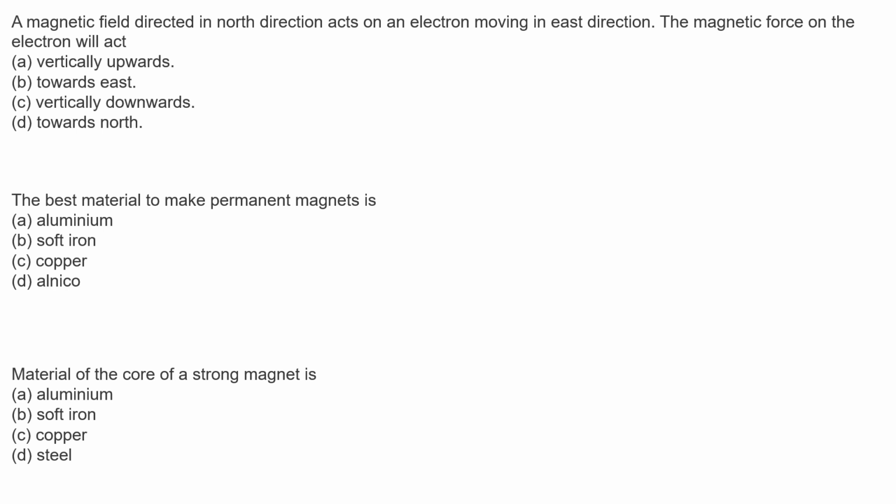So the magnetic force formula is the force F equals Q times V cross B, right? And the detailed answer of this question we already discussed in the previous video of the same topic, that is, important questions of the general studies paper. So for the detailed answer you can look at that video, and the correct answer of this question is option D. If you find that the magnetic force on the electron acts in the vertically downward direction, always remember that the charge on the electron is negative, so the force acting on the electron is in the reverse direction of V cross B.